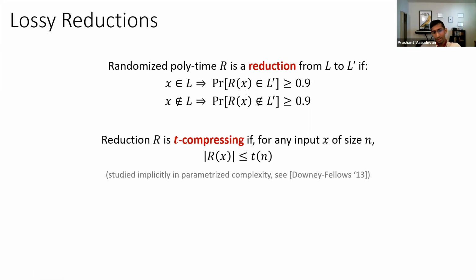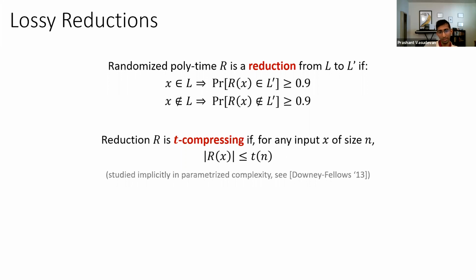So to start with, a compressing reduction, for some function t, is a reduction which physically shrinks the size of its input. The number of bits in R of X is at most t of n for any input of size n. And you can think of t as being sublinear, as being something smaller. t of n is smaller than